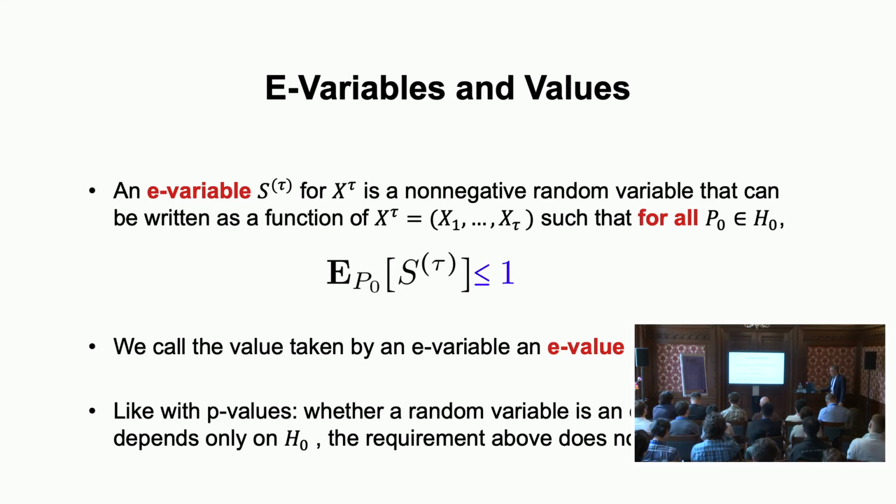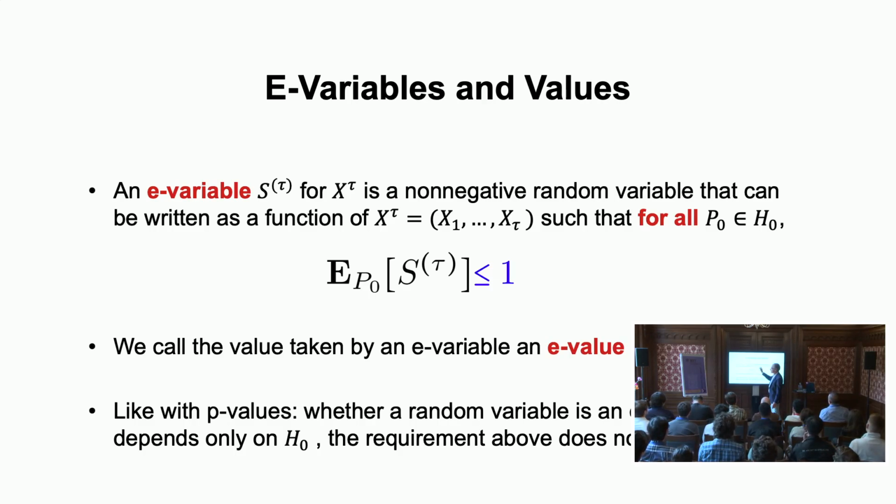Now, the formal definition of an E-variable. We define it formally, and it doesn't have to be a fixed sample size. It's just some random variable which can, not always, but usually, be decomposed as a vector where you stop at some point. So you have some stopping time tau, and then an e variable, with tau as superscript, is a function of the data which goes on until you stop. So this is not necessarily a fixed length vector.